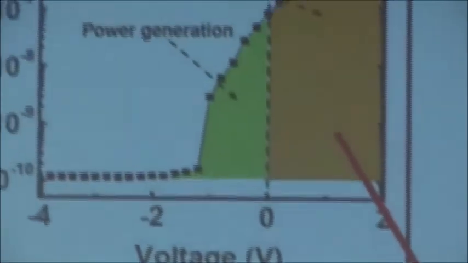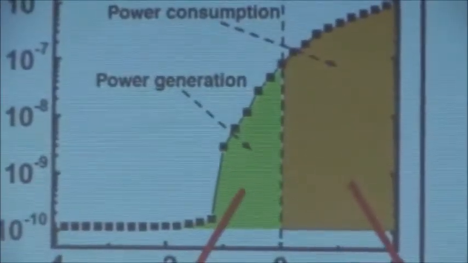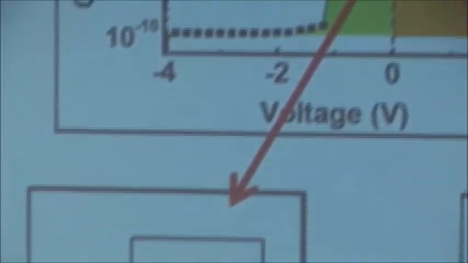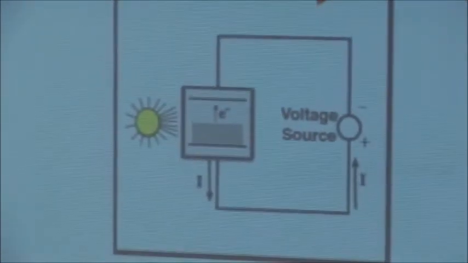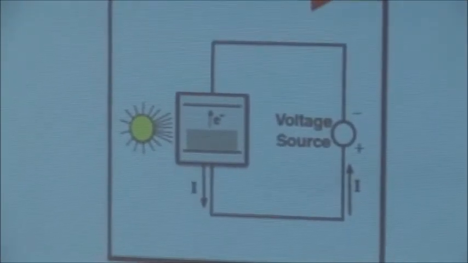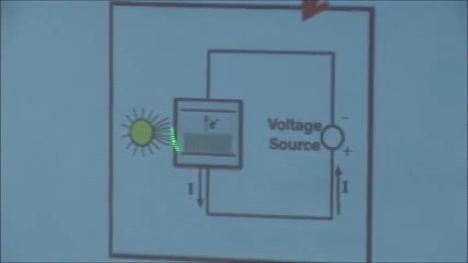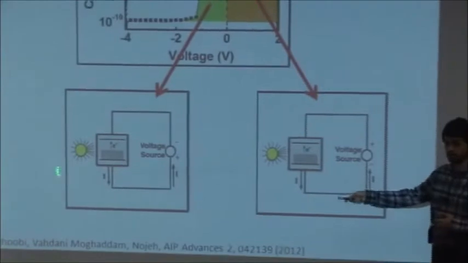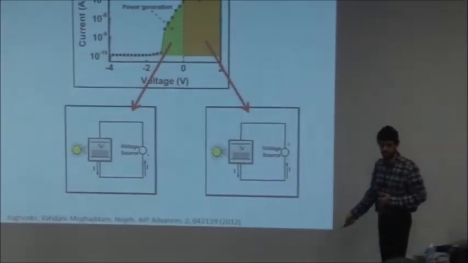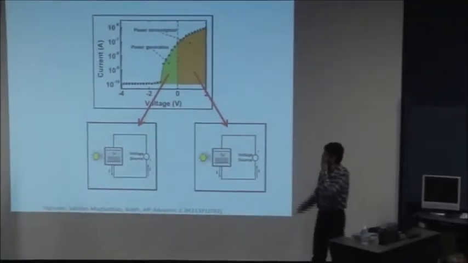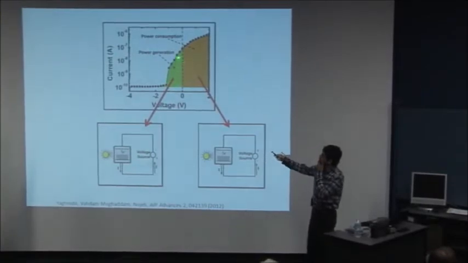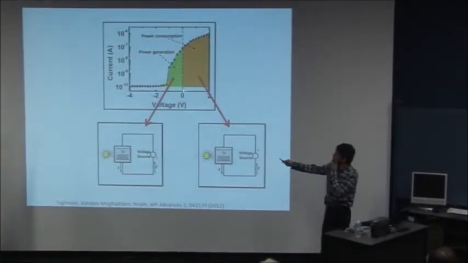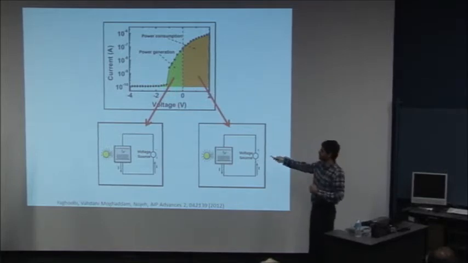Okay. But if I apply negative voltage to this anode, now I'm opposing these electrons. And they really have to use their own kinetic energy coming out of the sample to overcome this potential barrier to make it here. And if they do, then they're actually delivering power to the external circuit. And you see that there's quite a range here where you have this power. And eventually, of course, if the voltage is very negative, then you completely stop these electrons. This is the so-called stopping voltage.